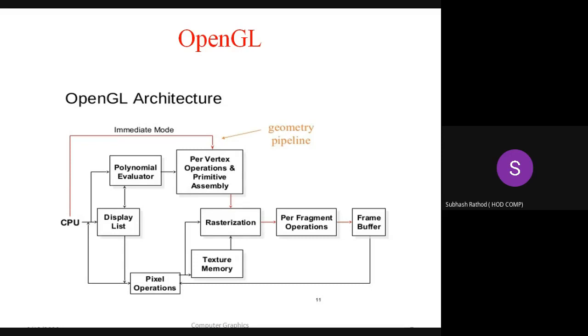The input from the frame buffer goes to the pixel operation, because as we said, there are pixel values in the frame buffer. If you want to perform a certain operation on a particular frame, which is a digital value, that is nothing but pixel operation. The arrow is indicated from the frame buffer to the pixel operation, and a two-way indication is shown, like the CPU from the